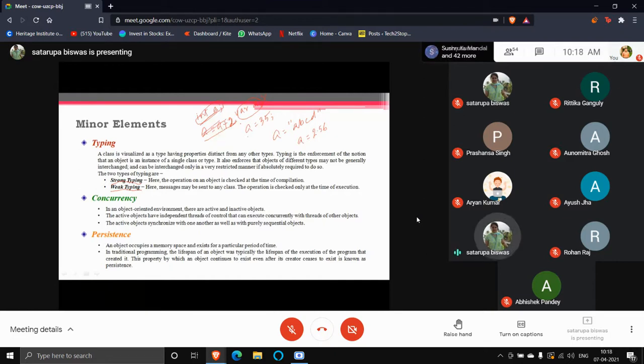Now, even if the language is not a strongly typed language, you cannot say that it will never have any kind of object-oriented property. So nothing depends on that. But one thing is important when you are working with the class object hierarchy.